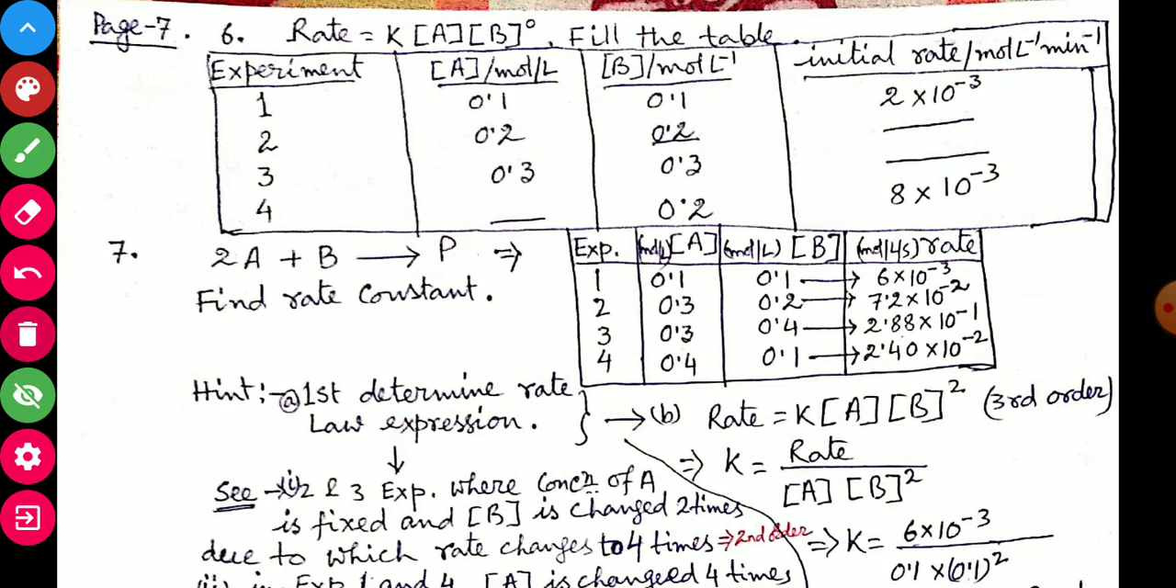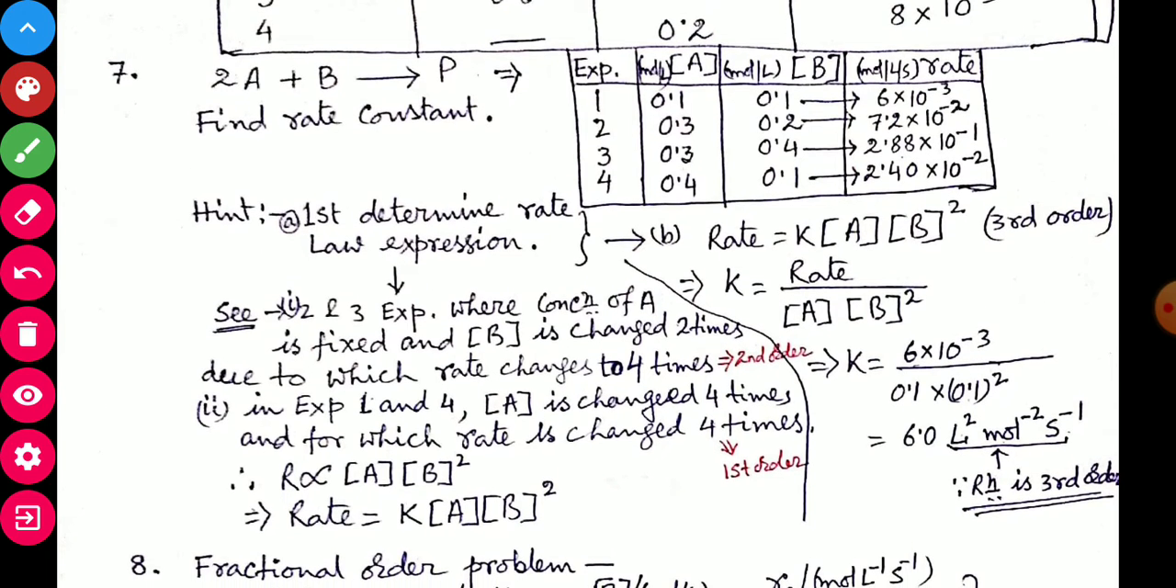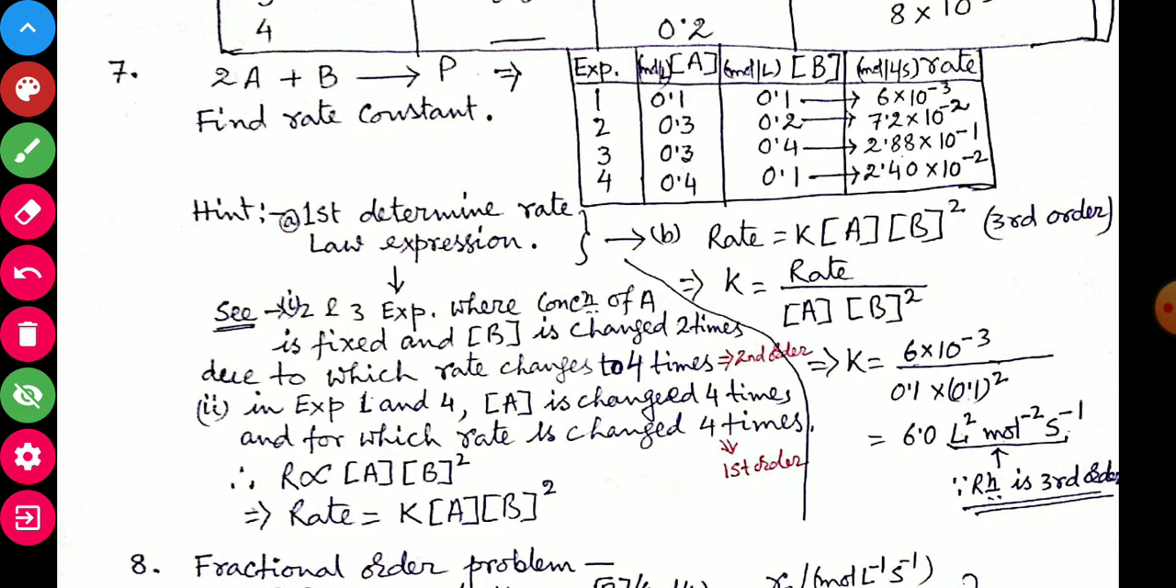Now question number 7. 2A plus B gives product. Data is given. Find the rate constant. Hints: first order rate law expression. How can the rate law expression be determined? See, from